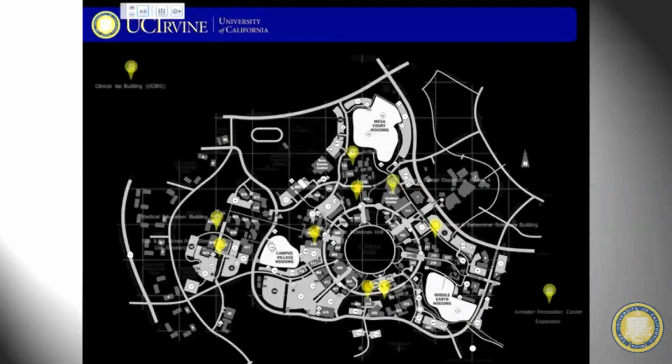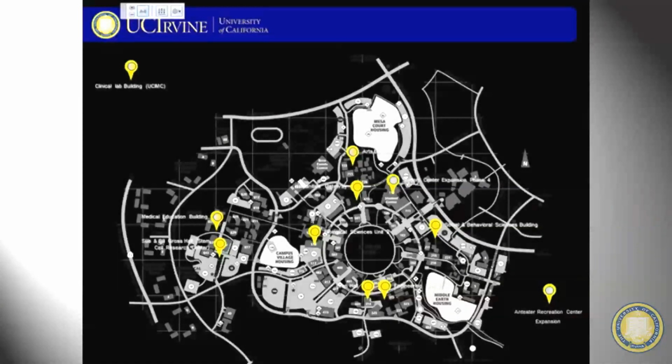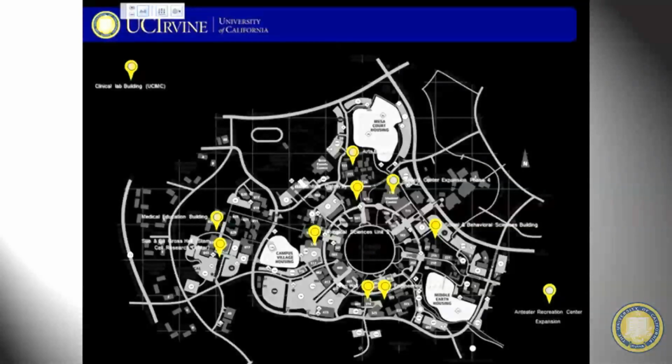And here's a map of the campus, just showing you where the buildings are located. So if you are walking around, keep in mind these buildings are sustainable. One of the things that Ms. Davis and I were discussing when we were preparing this presentation is, what does a sustainable building look like? It looks pretty much like any other building, really. It's very hard to tell by looking whether or not a building is sustainable.